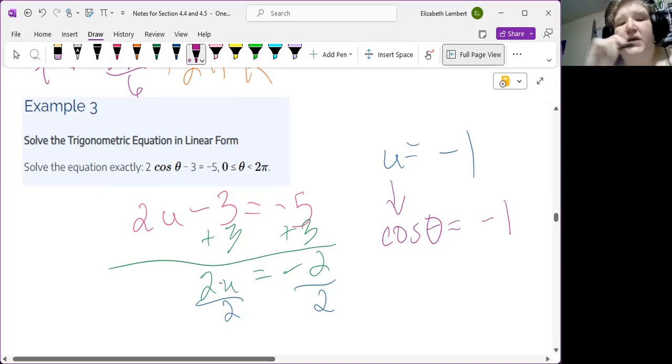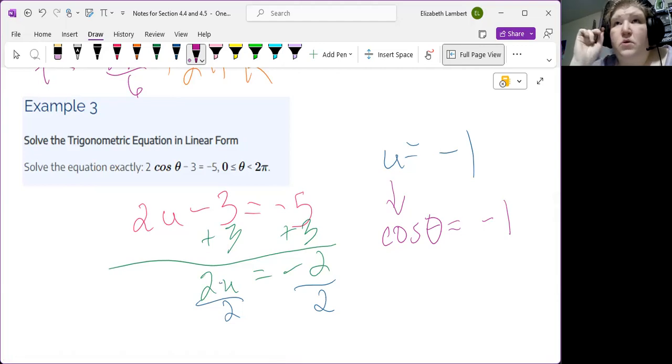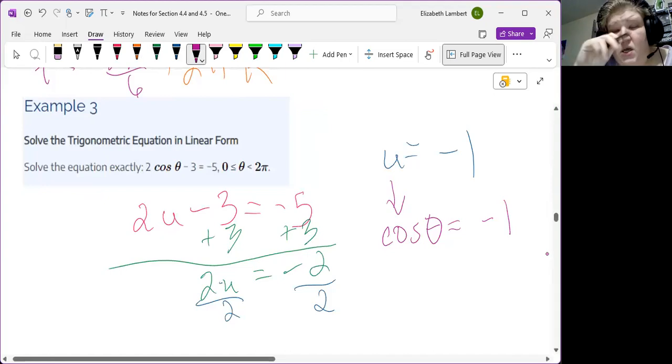So this is really asking, when does cosine theta equal -1? Well, if I think about my graph, because that's what I do for any of my ones and zeros, it starts at +1, and then 2 points later it's at -1, that is pi. Or on the unit circle, -1 is to the left, which is pi radians. So we have theta equals pi,